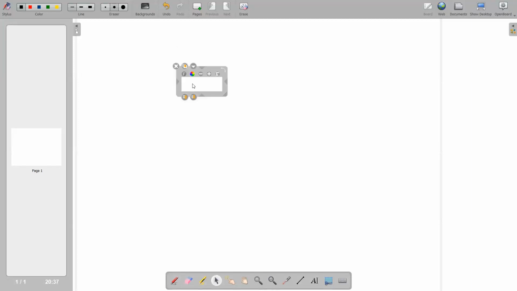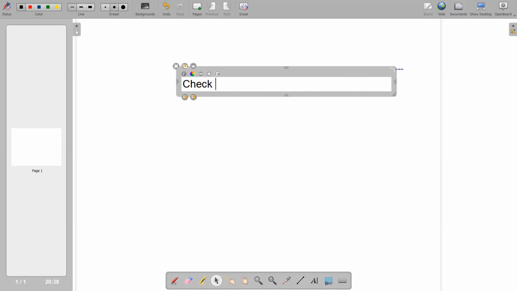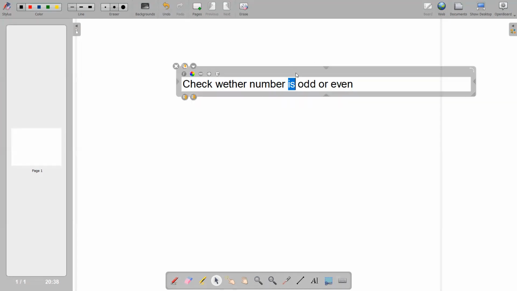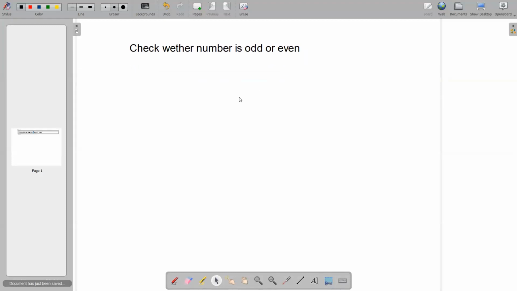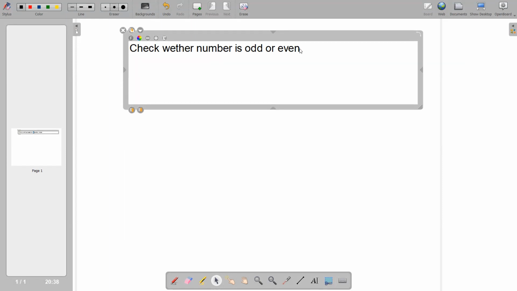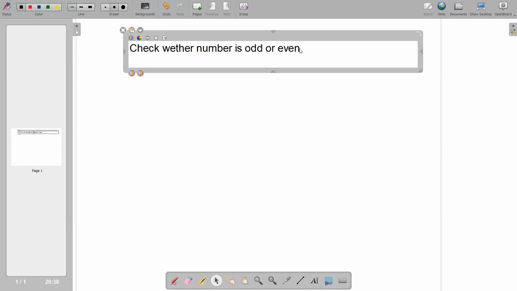Check whether a number is odd or even. Okay. So suppose let's take